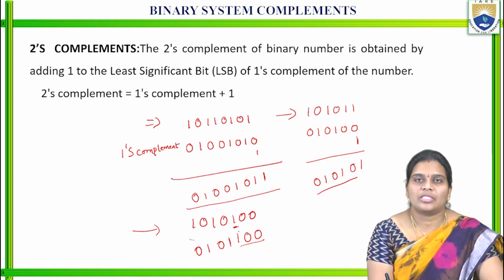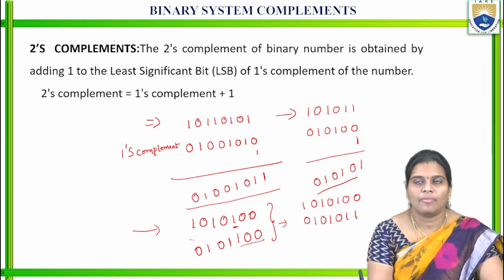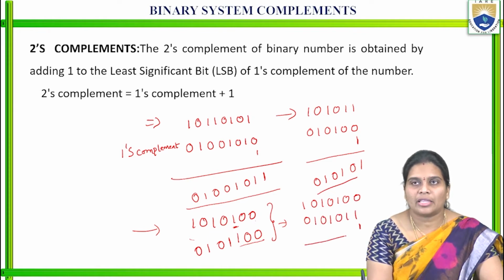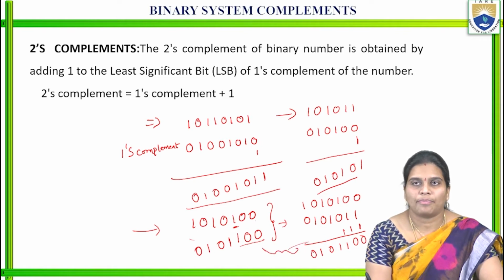Okay, so if this procedure is correct or not, we'll check this one. Okay, so 1 0 1 0 1 0 0. So in the normal procedure we are applying the ones complement of this one, 0 1 0 1 0 1 1. So in the LSB bit we are adding the 1, 1 0 1 0 1 1 0 1 0. So both the answers are same.